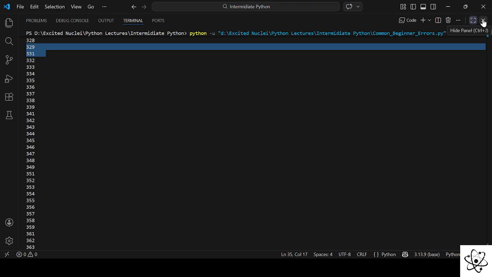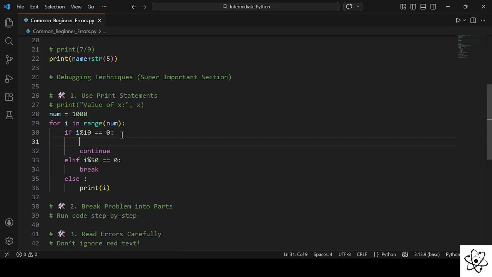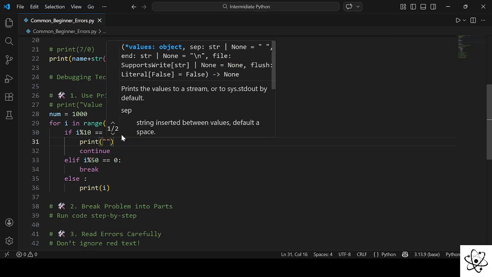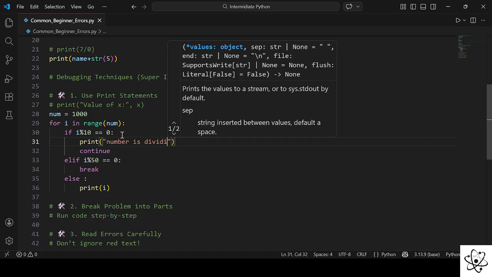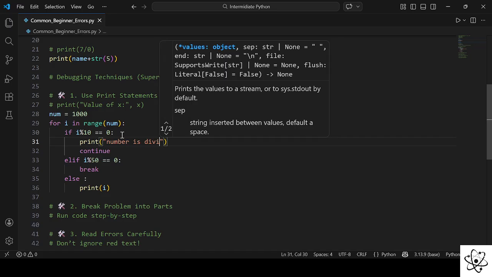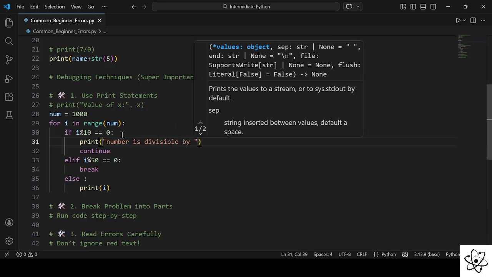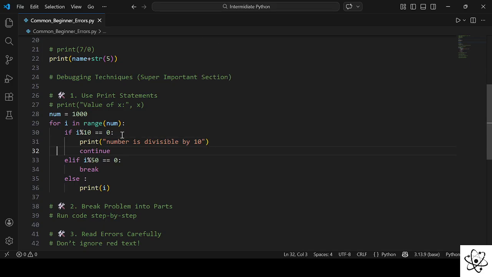Now what if we want to see whether this condition has skipped or not? We can do one thing. Before skipping that iteration, we are going to print number is divisible by 10, and for the 50,